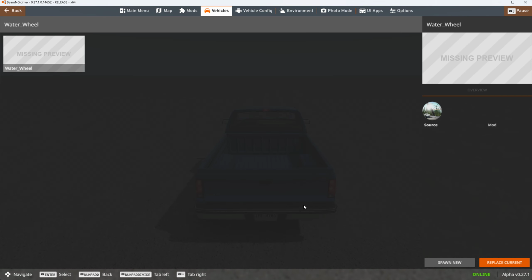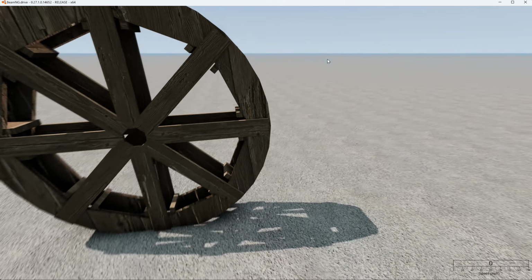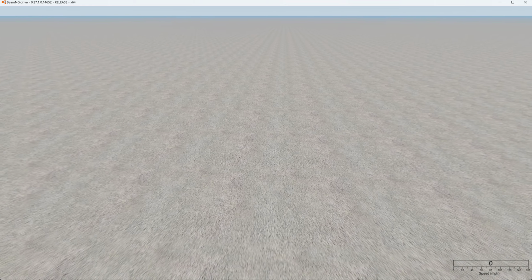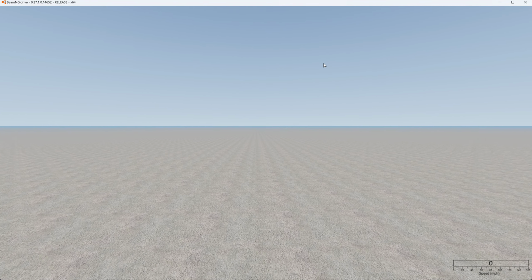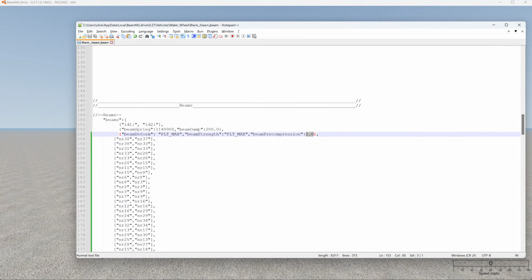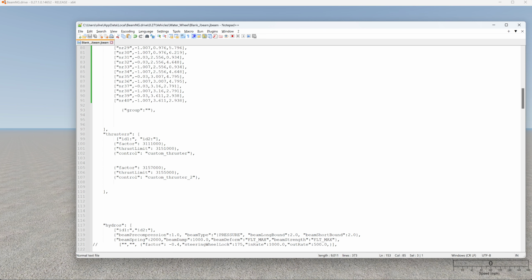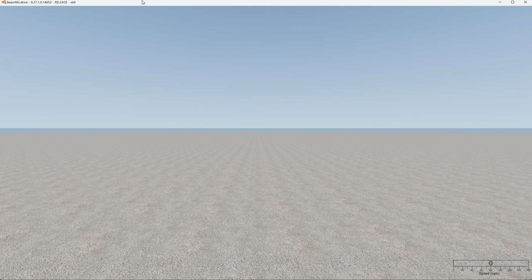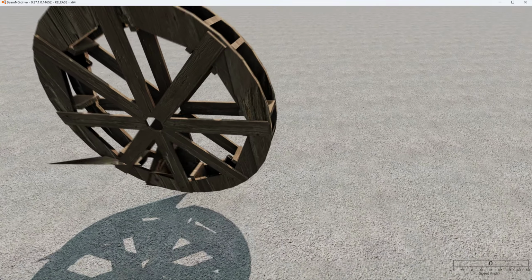Water wheel. And like I said, it fell through the ground. Why did it fall through the ground? Well, because I forgot something. Up here, where these nodes are, where that node weight is, you also see collision, false or true. It needs to be true to collide with the ground. A quick reset will show you this. Now it will collide with the ground,